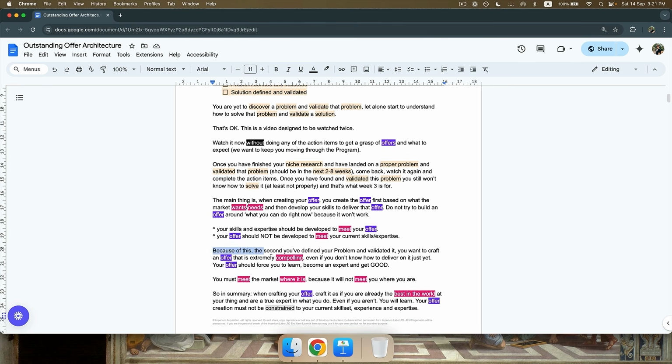So because of this, the second that you've defined your problem and validated it, you want to craft your offer and do it in a way that is extremely compelling, even if you don't know how to deliver on it just yet. Okay? And this is going to be weird because you're going to start to be writing down promises about outcomes and timeframes that you don't even know if it's possible. You should know if it's possible because we're validating the problem, right? But you don't even know how to do it. And this can feel very strange and weird, but your offer should force you to learn, become an expert, and get good. So you must meet the market where it is, because it will not meet you where you are,